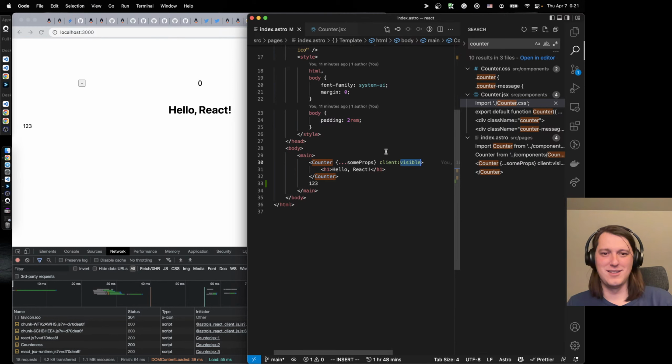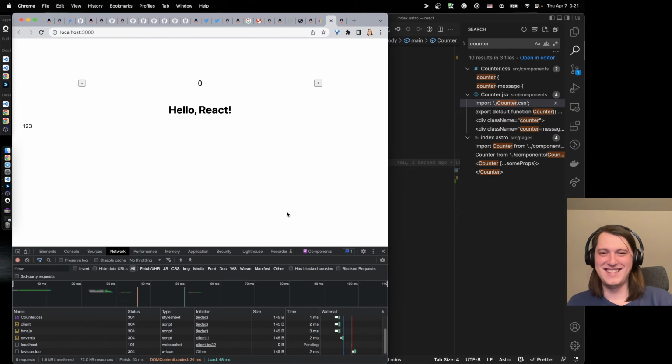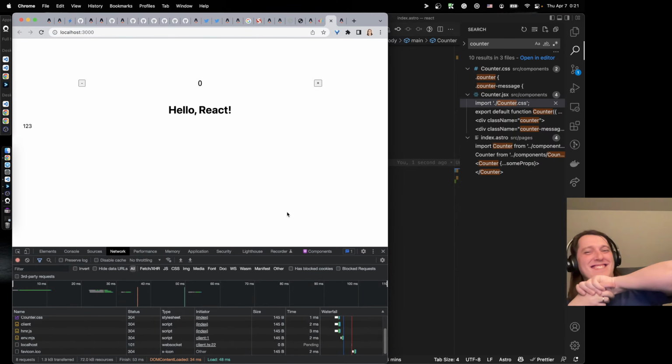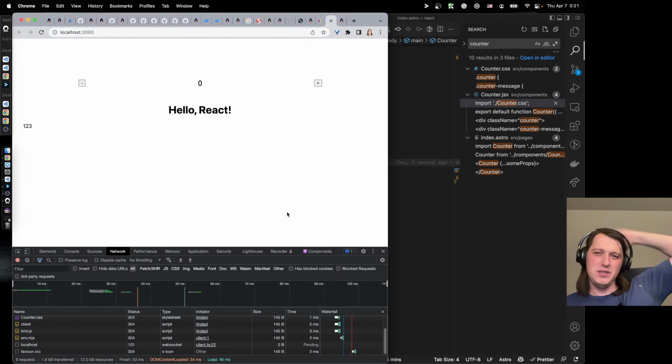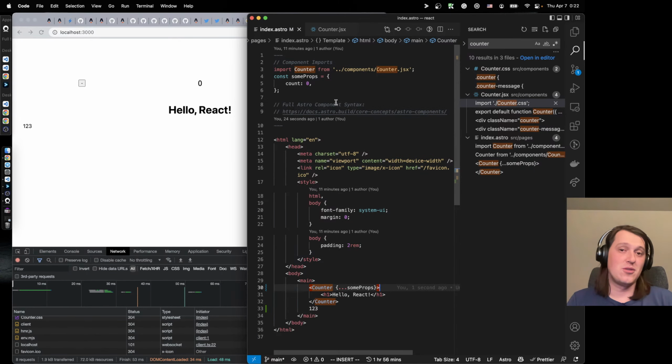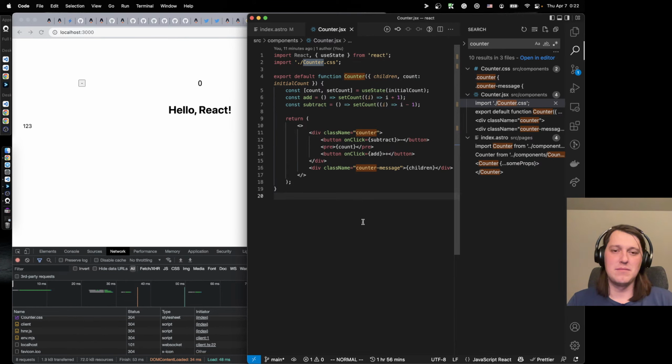Yeah, so it's 1 megabyte like that, and 70 kilobytes if you just need layout. I mean, why would you need layout if you're using client only? If you're not using React at all, wouldn't Astro code and React code basically be the same? Because it's only kind of like, yeah. So